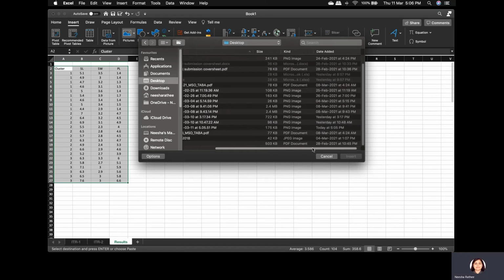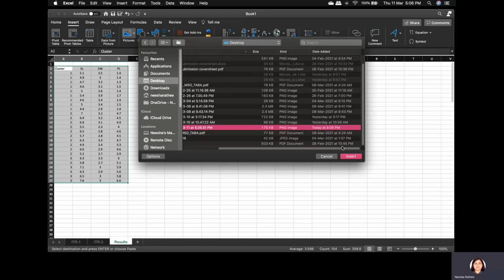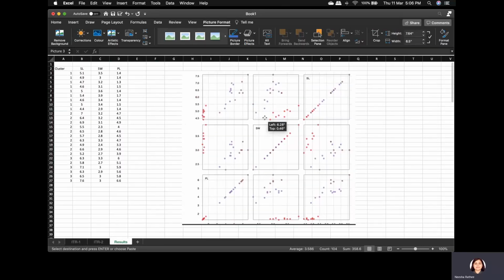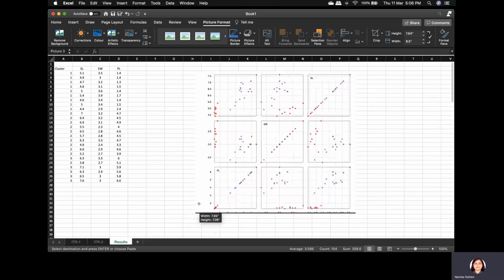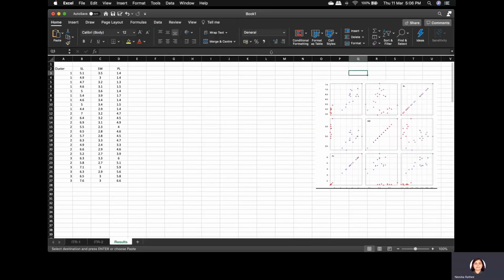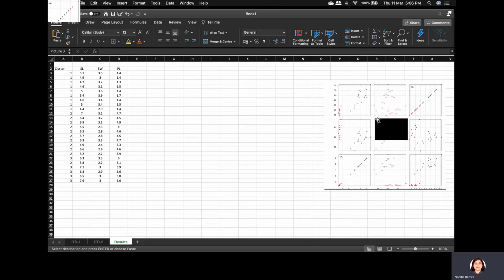I'm going to look at this here. This is my screenshot and I can resize it and put it in my results. I can give a title to this chart as well. So this is how I can have one scatter plot for this. And second